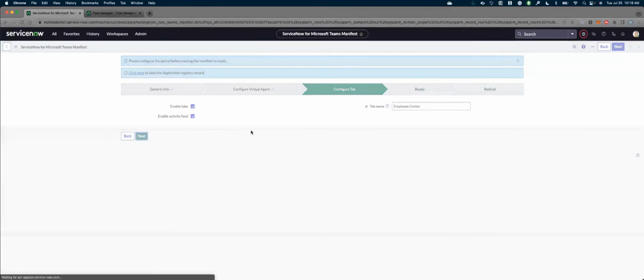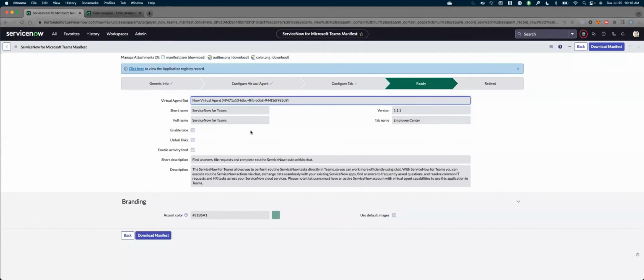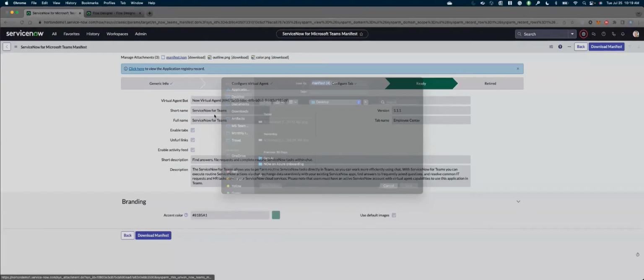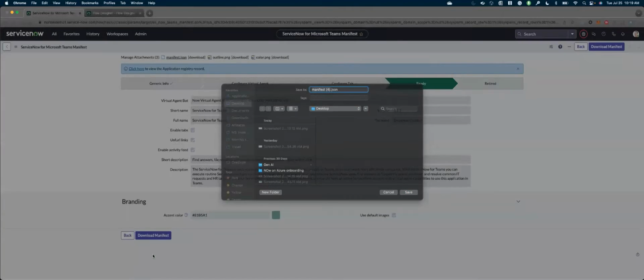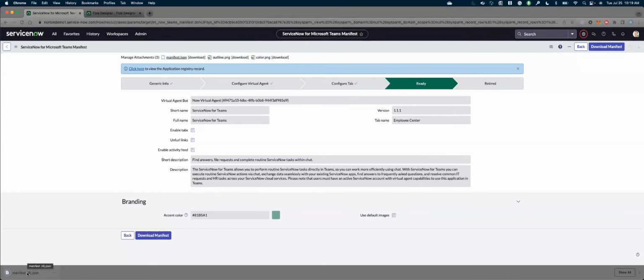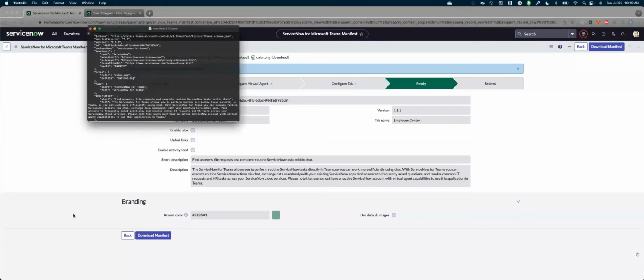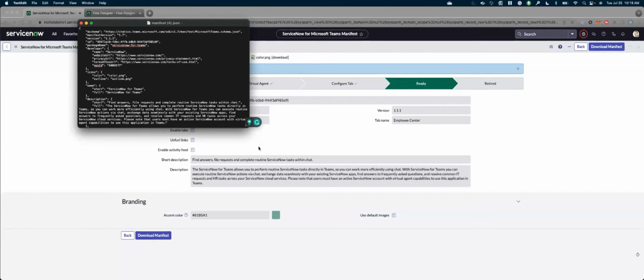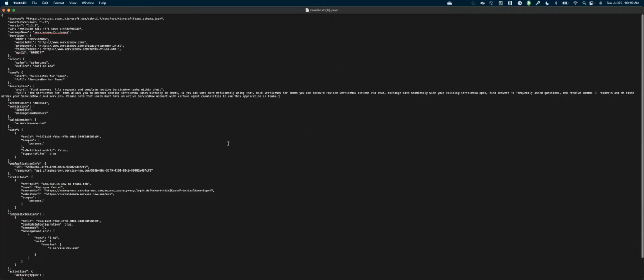And last but not least, we got the Ready tab. What this does for you is it creates these files. So your manifest JSON, that's the file that you're going to import into your Microsoft tenant in order to create that Teams app. And you also have full control over this manifest. Let's go ahead and get it open really quick so you guys can have a look at it. It is a JSON record, something your developers should be familiar with. But this manifest is what allows you to